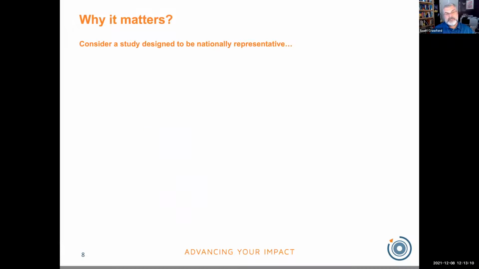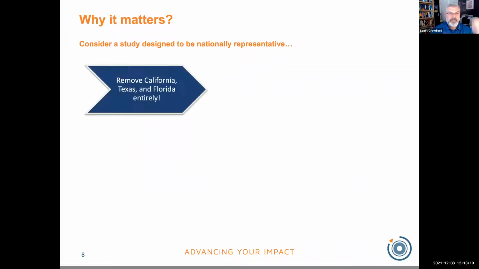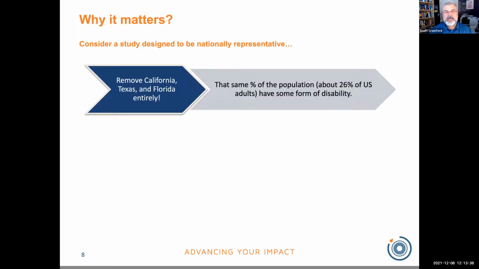So now back to the data side of this. Why does it matter? Consider for the moment that you are designing a nationally representative study, and something about the way the study is designed makes it so that people in California, Texas, and Florida, the top three most populous states, are not able to participate at all. It wouldn't be very nationally representative. You'd be rightly criticized. Well, that's about the same percentage of the population in the U.S. who report having some form of disability. It may not be a disability that interferes with participating in the study, but